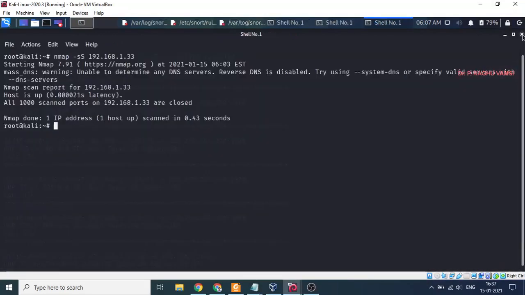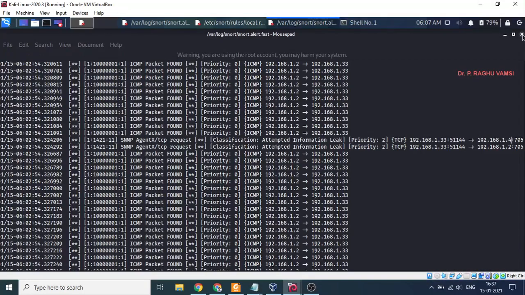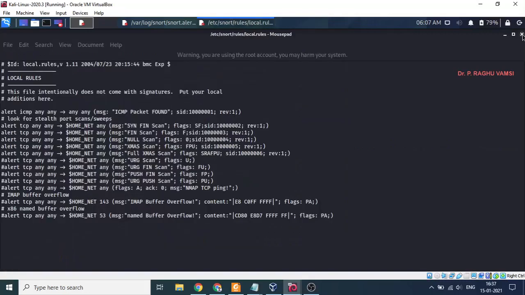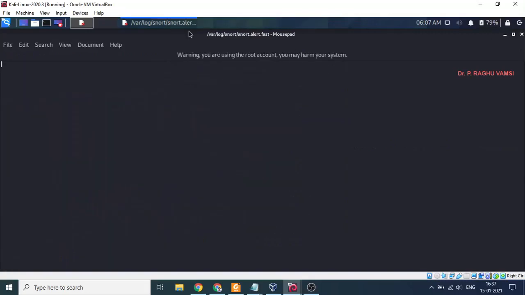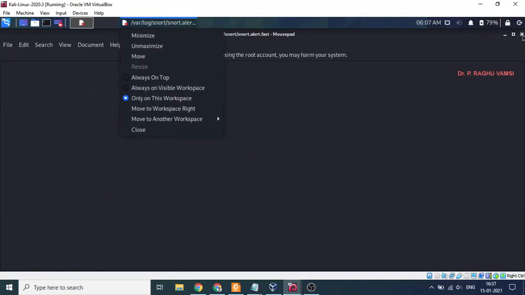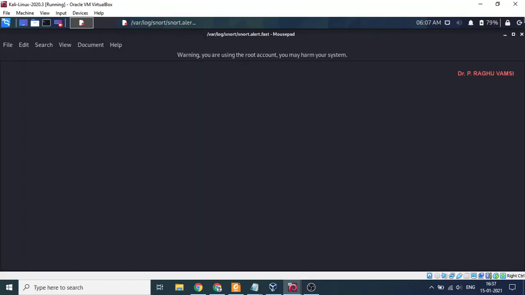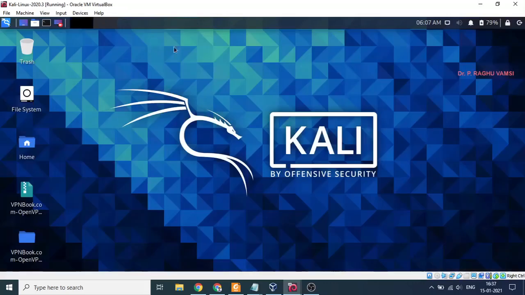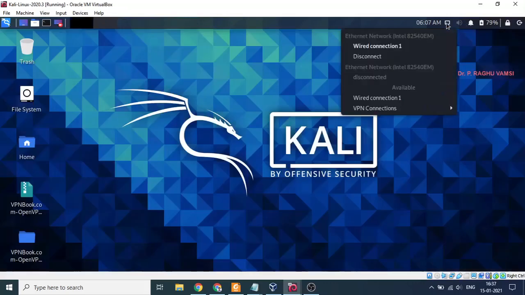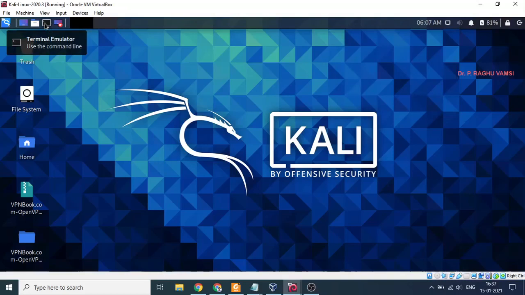Now, since we have included the Ethernet 0 address as the home address, we may also include the Ethernet 1, but at a time only one Ethernet card will be enabled. So to enable both the Ethernet cards at once,